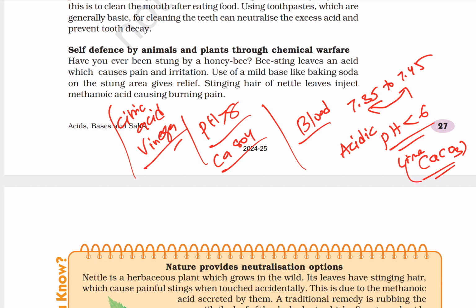Now coming to industries. For example, in water purification, drinking water should have a pH value around 6.5 to 8.5 to be safe. And cosmetics and skincare: shampoos, soaps and creams are pH balanced to avoid skin irritation. You should take care about this also. And coming to textile and paper industries, pH is controlled in dyeing and paper manufacturing processes. So in our daily life, how the pH value is taken care of in manufacturing, medicine, healthcare, food, beverages, agriculture and the human body, these things are discussed here.